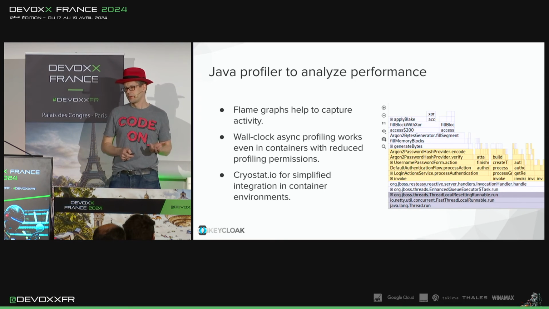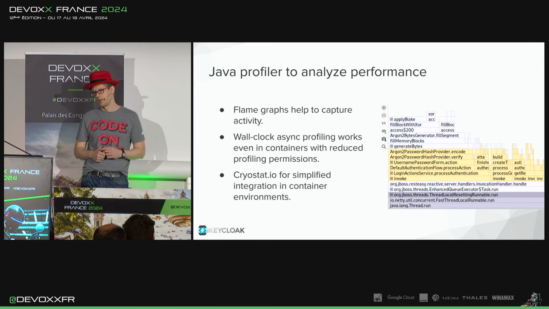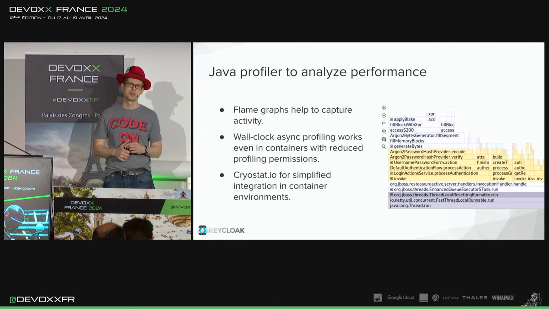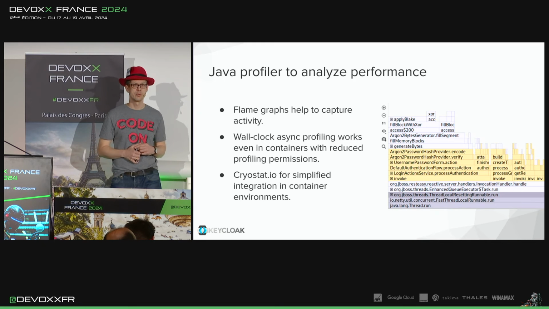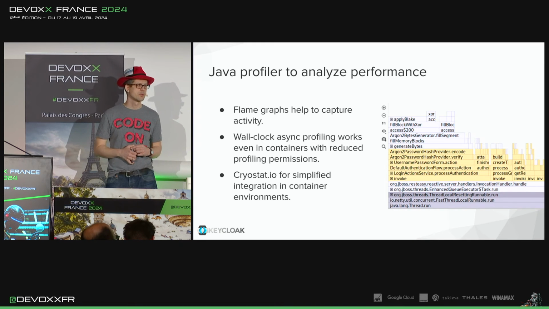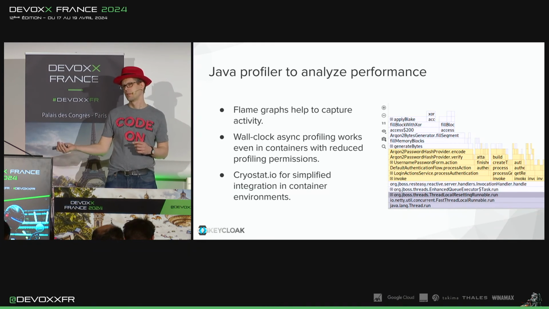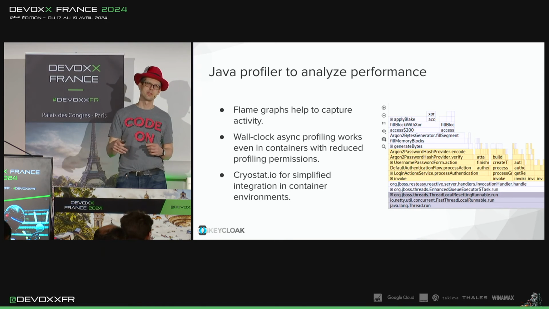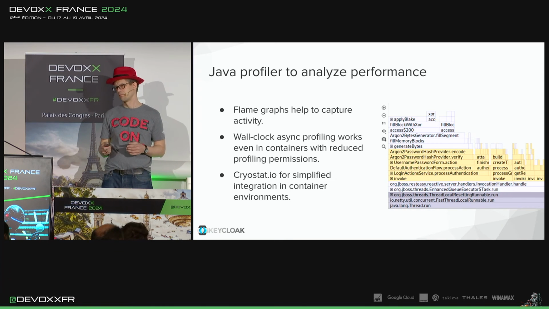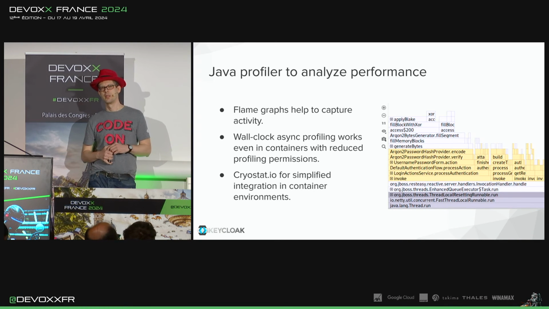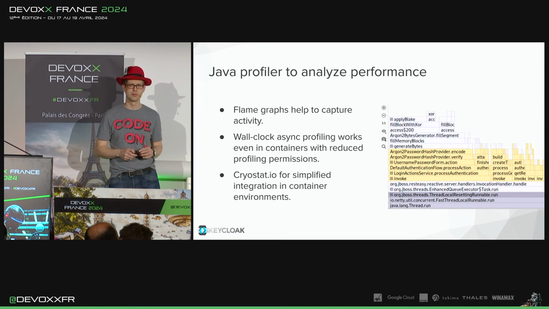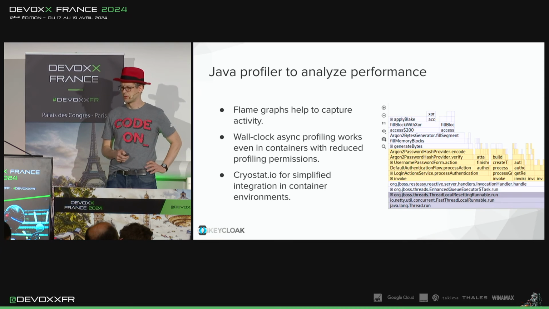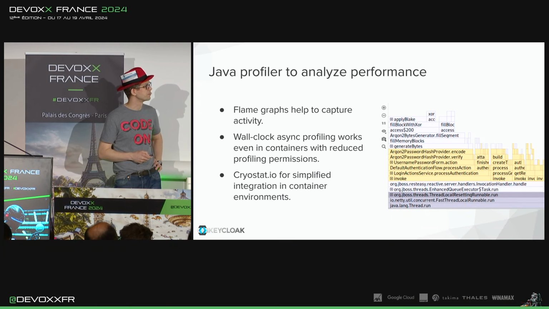For collecting these flight recorder statistics, we found a project from some fellow Red Hatters called Cryostat.io. If you configure your containers running in Kubernetes the right way, Cryostat.io will connect to your containers running in OpenShift, and you can then either do it via API calls or automation, or by clicking on a button, get flight recorder recordings in the UI, download them, and you won't need to do the hassle of how to get this started and stopped in your cloud environment. So that's a really, really cool tool.